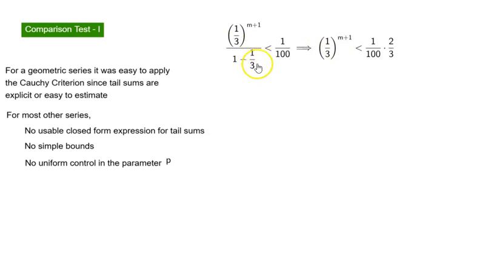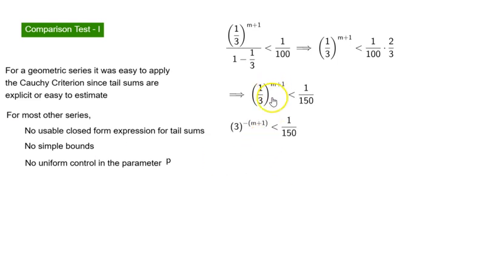Now, just to give you a taste of that, if you remember in the previous geometric series discussion, we had to evaluate m for this. That is, we had to figure out for what value of m this inequality will hold. And in that session, I actually did it manually: m plus 1 equal to 1, m plus 1 equal to 2, and so on. But we could have done it in a much more